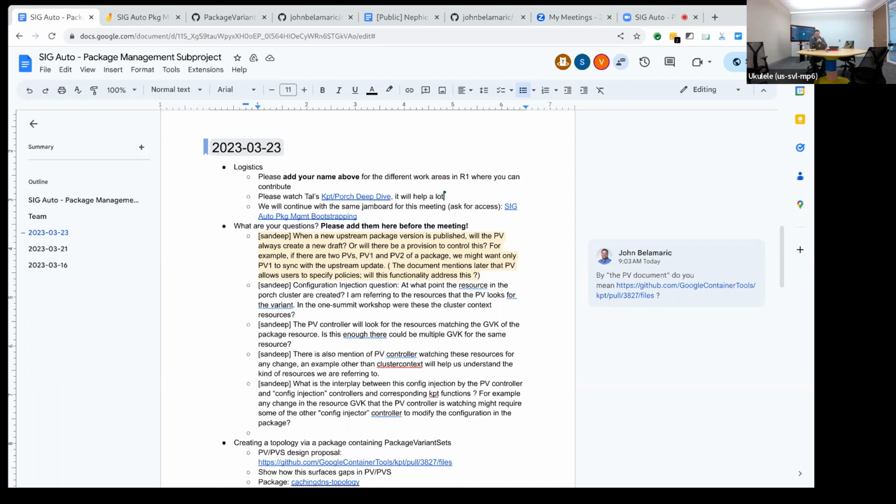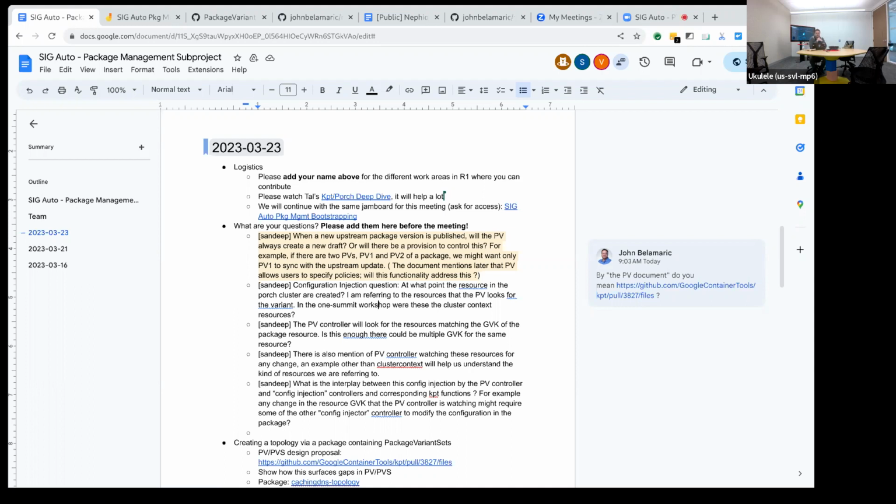With respect to always creating a new draft when an upstream package version is published: the package variant specifies the specific upstream revision. So we won't publish a new draft until the user changes that, or some automation on top of that changes it. Right now, that's the user in R1. But in theory, you could have a controller watching upstream repositories, seeing a new one appear, and automatically proposing that according to some policy.